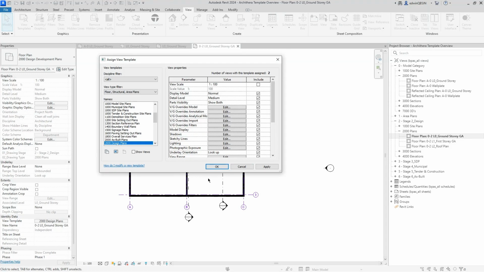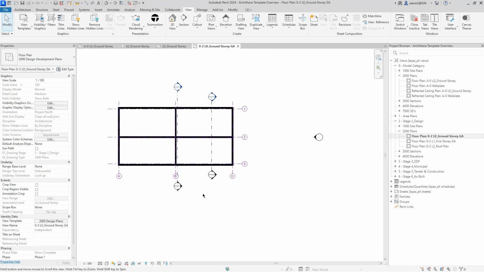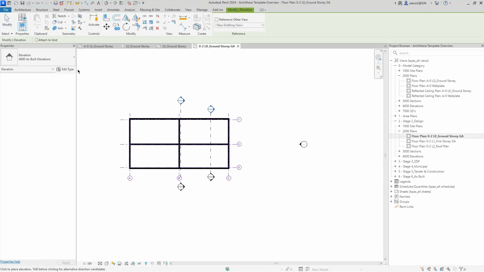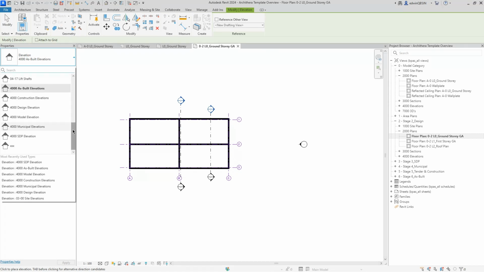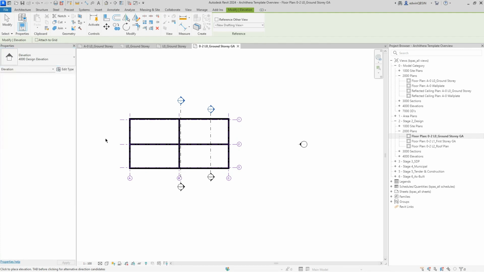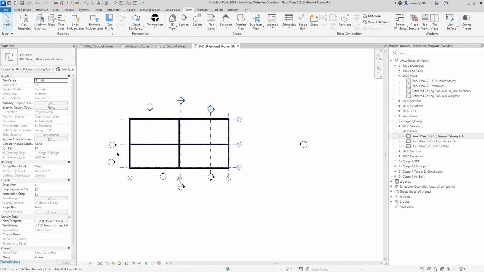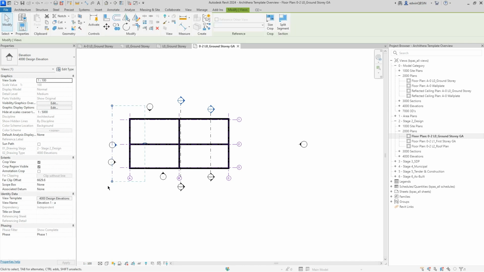So if you find a plan where maybe somebody took the template off, or you just find a lot of sections and elevations, the reason should be either that no template is applied or the filters are not applied. And then the same for the elevation. When I go to elevations, I'm working in design, so I know I'm working in 4000 design elevations, and I'll just choose my elevations as I need to, and there you go. Now my elevations are placed,